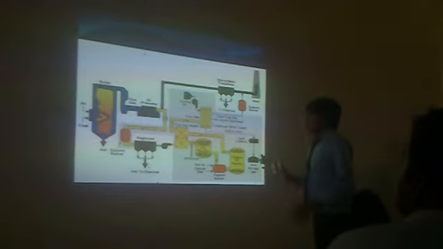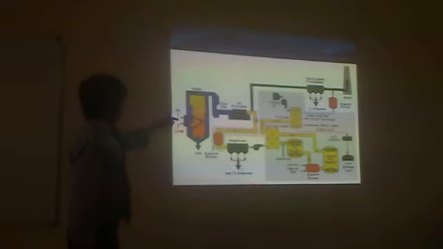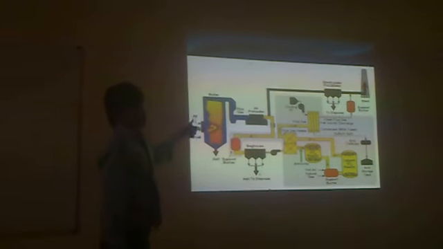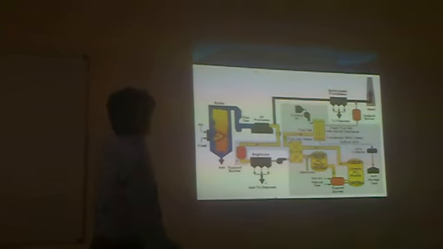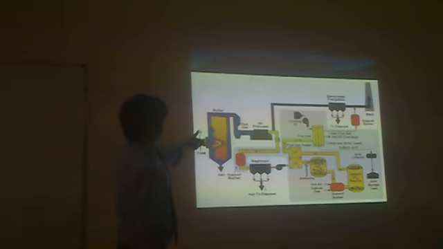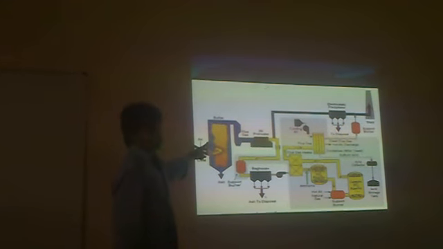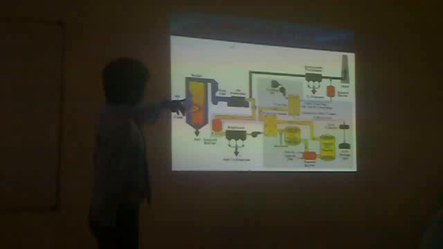So this is the main plant. You can see here, this is the boiler where coal is going to be fed from the bunker to the boiler, and when the coal is burnt, it produces 3 to 4 types of harmless gases and also flue gas. In the boiler there are